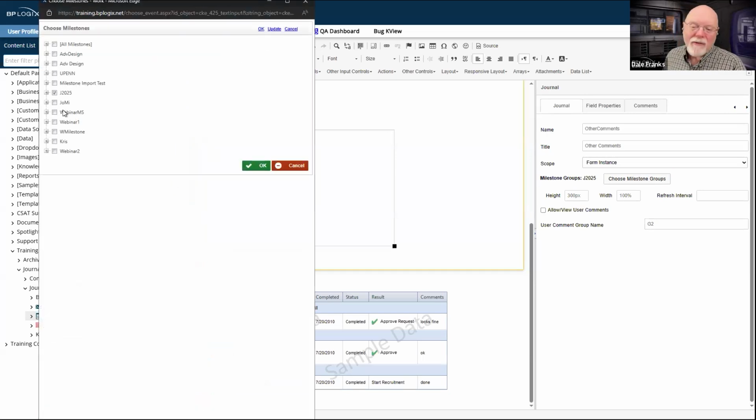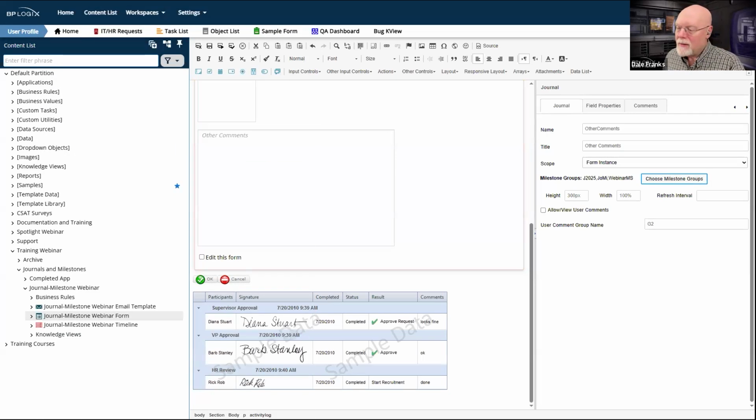By the way, if I select a second milestone group or a third, then whenever I set them, it's going to give me in a comma separated list all of the milestone groups that are available for this particular journal control, and it will display any of the milestones that fire from any of those milestone groups.